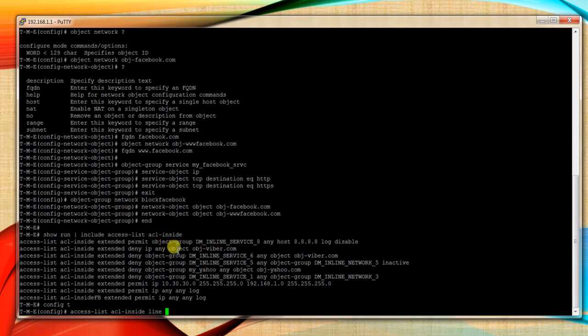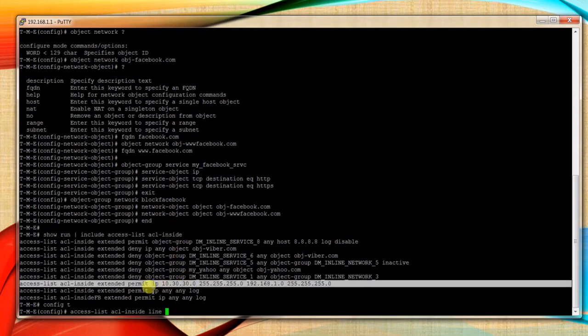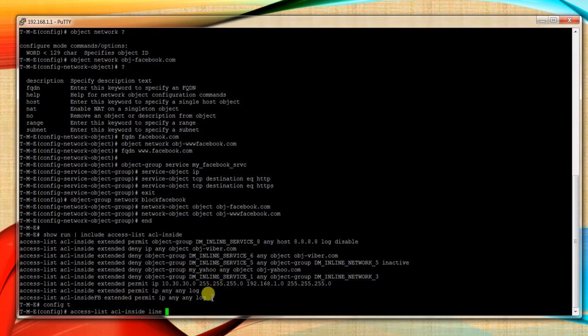Okay, 1, 2, 3, 4, 5, 6, 7. I'm putting it right here because I want to make sure it goes before permit any. So I'm going to put it on 7. I could put it on 6 as long as it is ahead of permit any. Extended. Deny. So you want to deny the traffic. Say object-group. What group do we want to deny? We say my Facebook